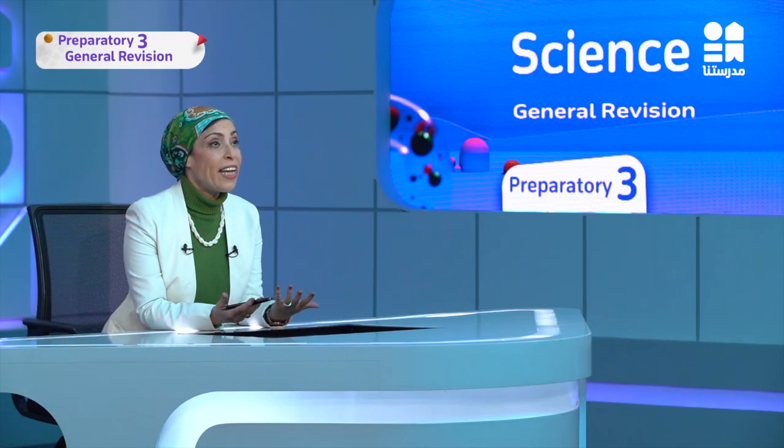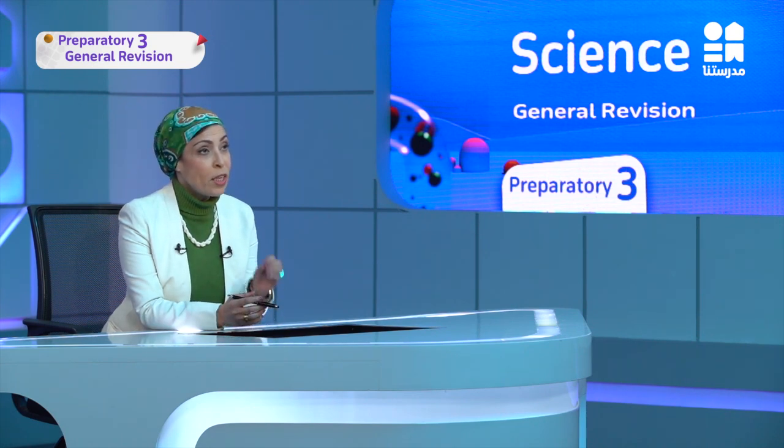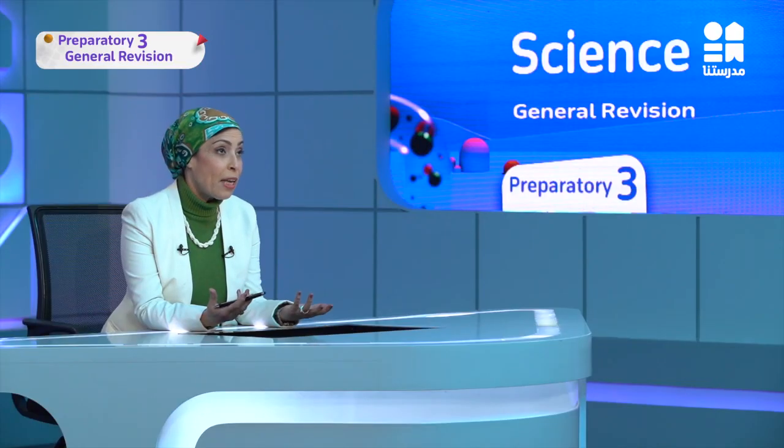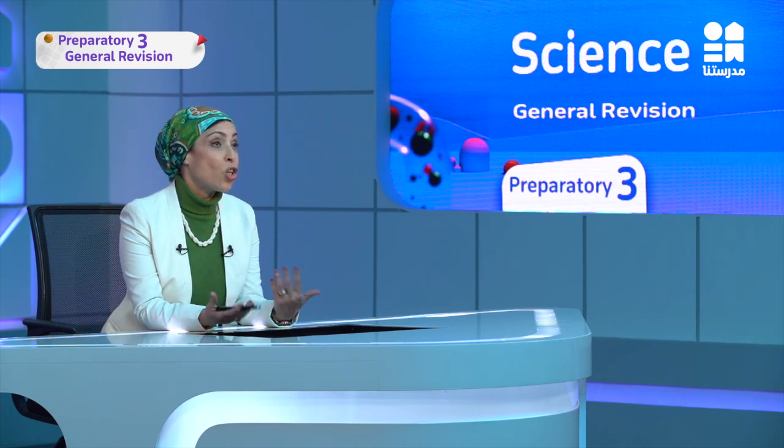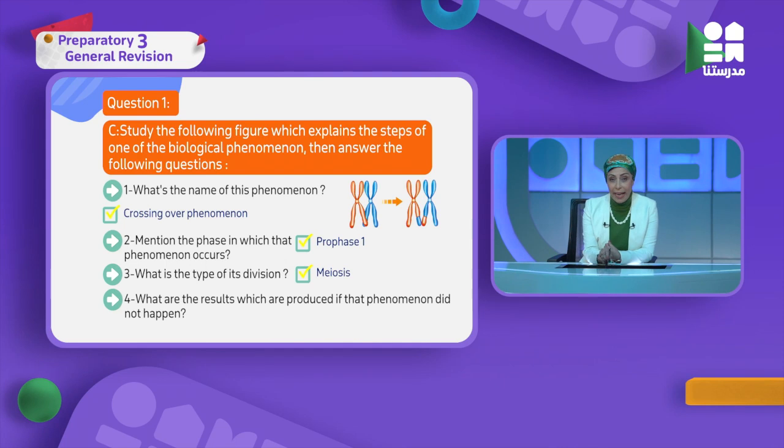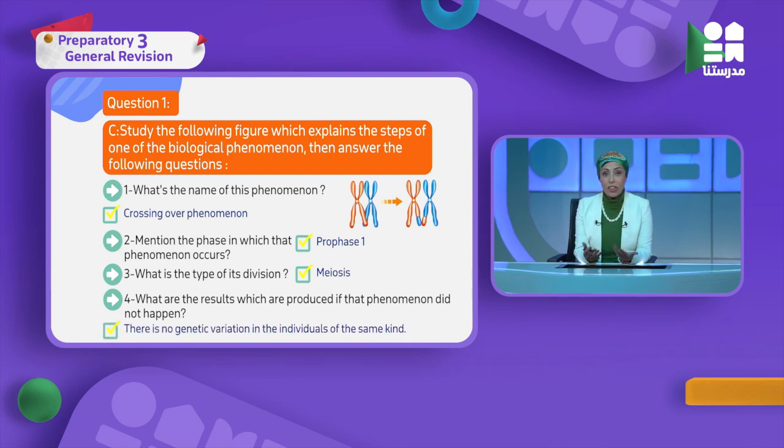So there is no variation among living organisms, because due to this phenomenon variation happens among living organisms of the same species. So living organisms would not be identical to each other. Of course, we are talking about higher living organisms, either higher animals or the human being. Living organisms would not be copy-paste of each other. So the answer here is: no genetic variation occurs, so all the living organisms of the same species are identical.